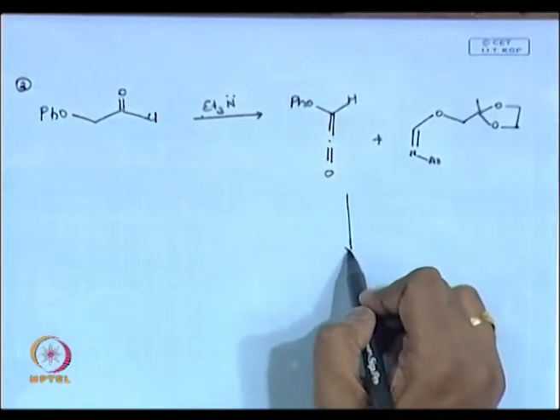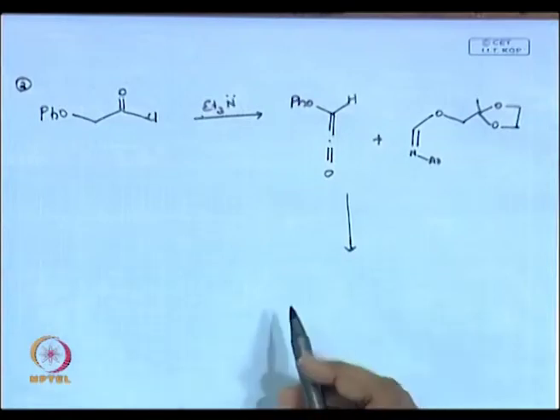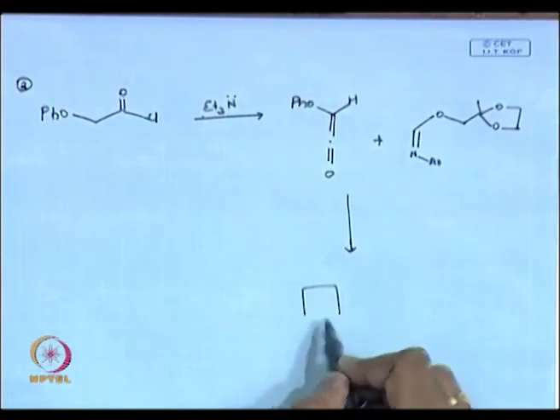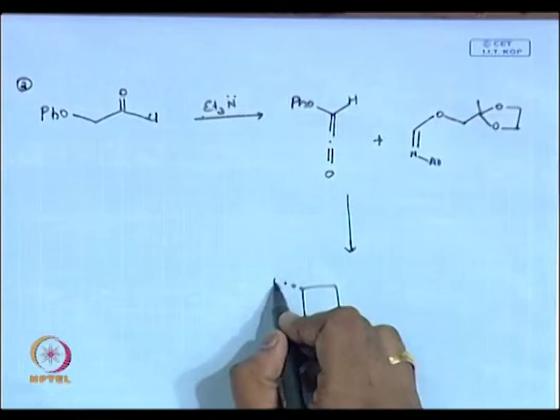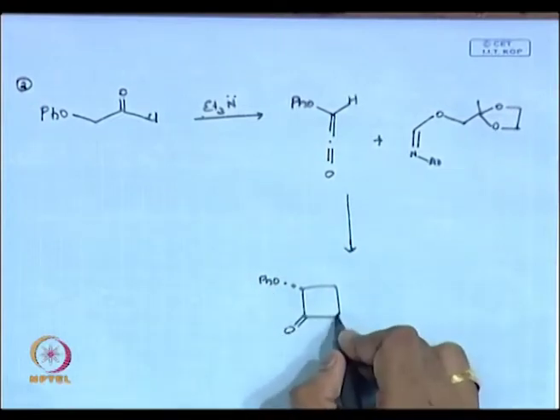So, this will be a thermal activation reaction. So, pi 2s plus pi 2a happens in this reaction. So, what you get? It's basically the fixing of the stereochemistry, as we explained in our earlier class. So, you end up with a phenyl, you have your carbonyl, you have a lactam,